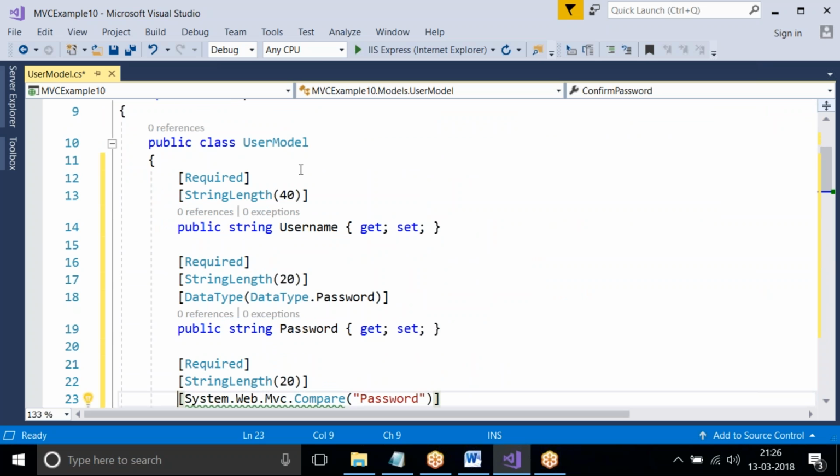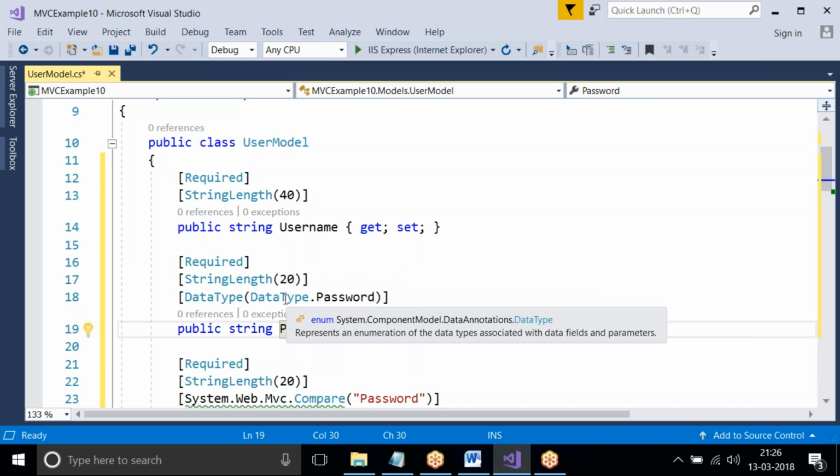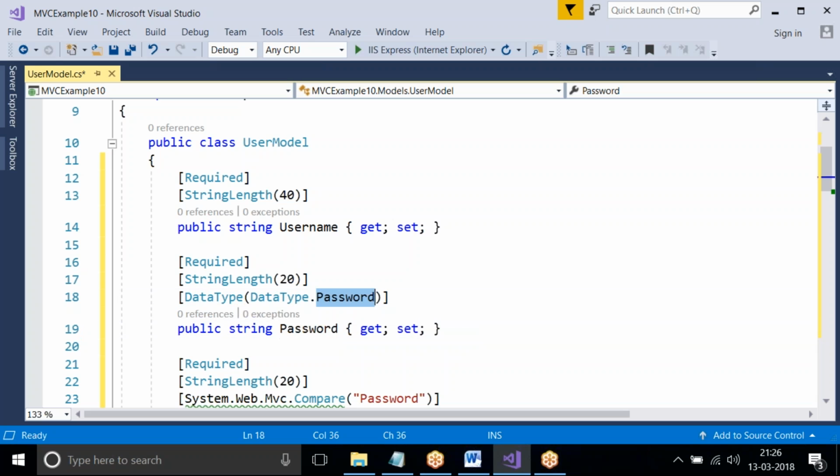And next, password is given. For password, three annotations are given: Required, StringLength, and DataType. DataType.Password is given. DataType is the attribute, and this DataType is the enum, enumeration, and Password is the element. When the property is converted to a text box, all these properties are converted to labels and text boxes.